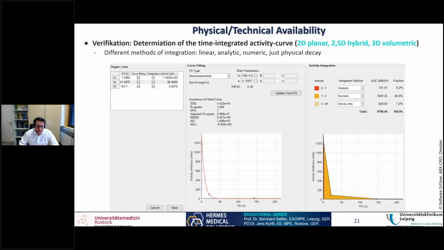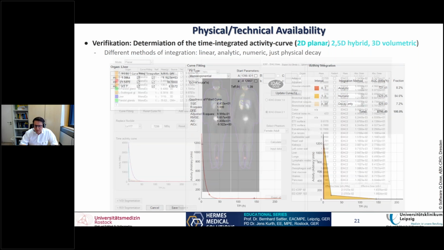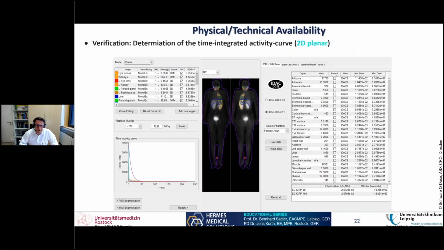But these are fitting tools, and there are a lot of those tools out there, and you might want to choose whatever you want, but it's not about the sophistication of a tool like this. It's about the integration in the whole workflow that makes it sometimes complicated. Here you see how we would do that with planar dosimetry with QDOSE, where you have every mass and every